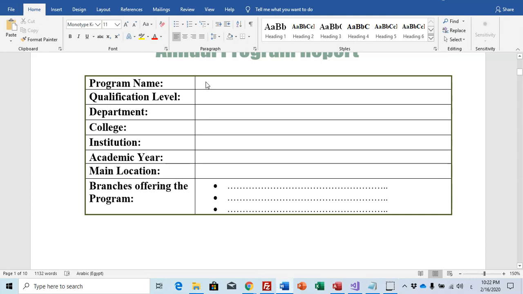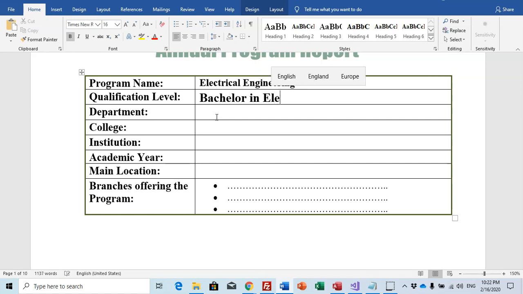Program name, for example, electrical engineering. Qualification level, bachelor in electrical engineering.